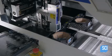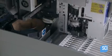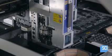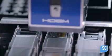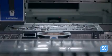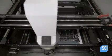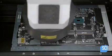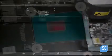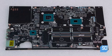If the board passes inspection, it passes through 15 robotic machines, each of which places up to 150 components on the correct locations on the board in just 30 seconds. Then the board runs through an oven that melts the solder paste, connecting the components to the board. Another camera inspection ensures that the internal processor is correctly soldered and that no component is missing or shifted out of position. After function testing and a visual inspection, the motherboard moves to the assembly line and is set aside